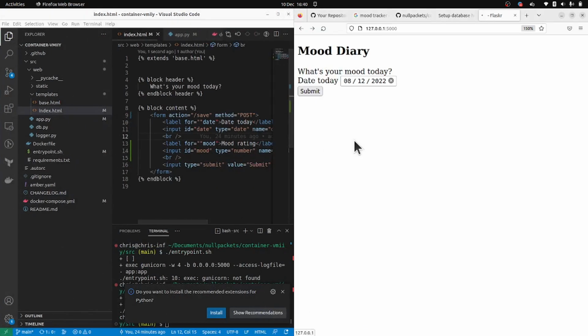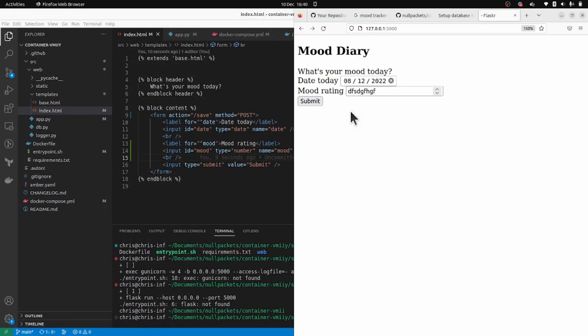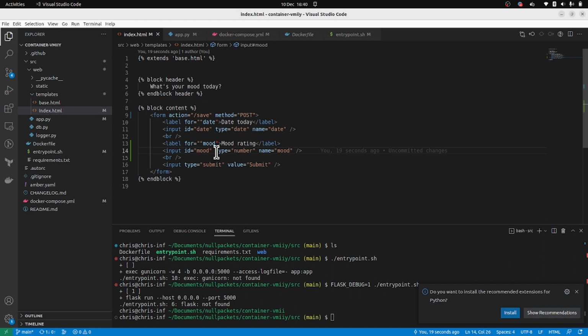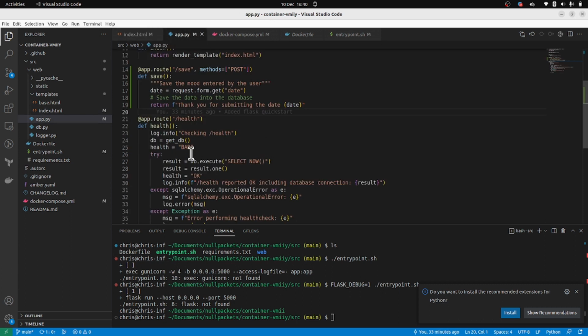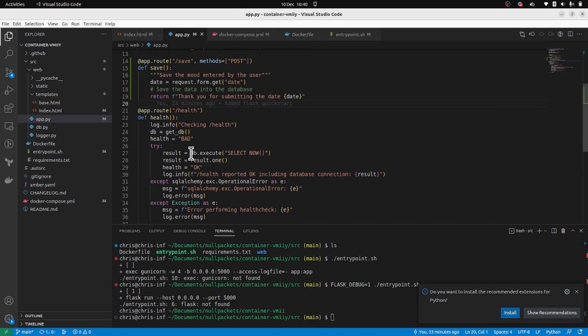Let's have a look at that, see how that looks. There we go. Won't win any design competitions, but the basis is there. And notice it's limited to a number. I thought, no, it's not. Type is number. Maybe it's, yes, there we go. Please enter a number. Notice that that's only client side. If we want to enforce that, we have to do the check on the server side, which is in the